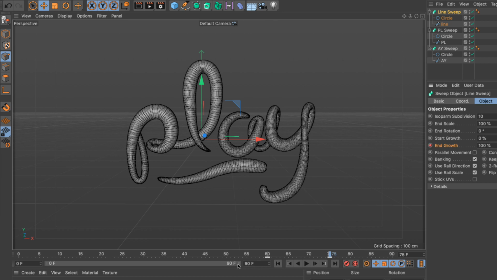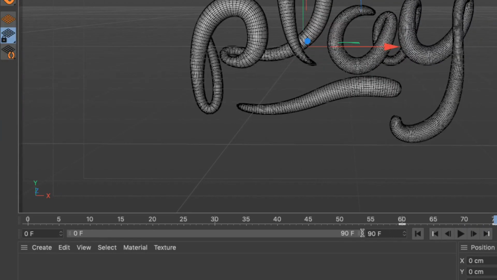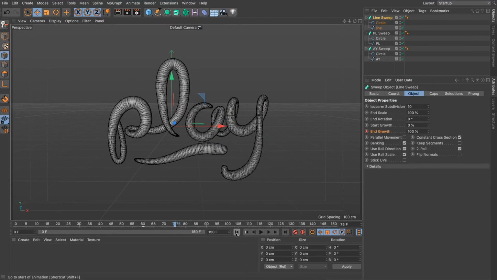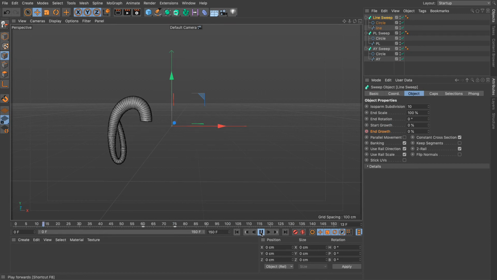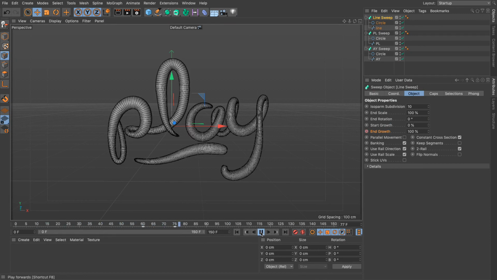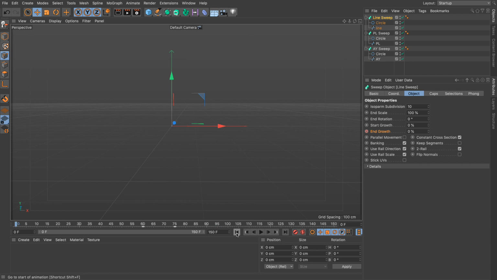And what I'm going to do is extend my animation so we have a few seconds of hold. So go here, which is the end of our timeline, double click and type 150, press enter. And now if you go and extend this all the way to the end, now we have a full duration of 150 frames. Rewind, press play, and we are writing on play. Fantastic. And then it's holding for the rest of the time. And that's it. We're done with the animation.